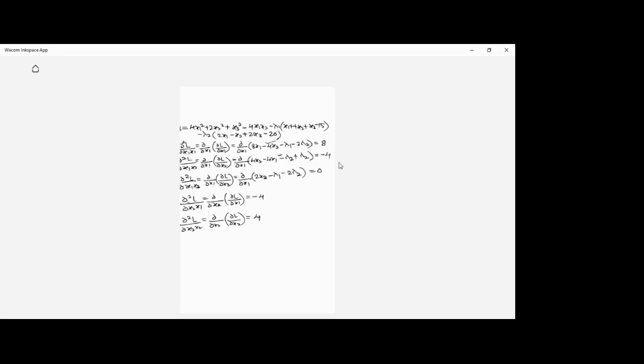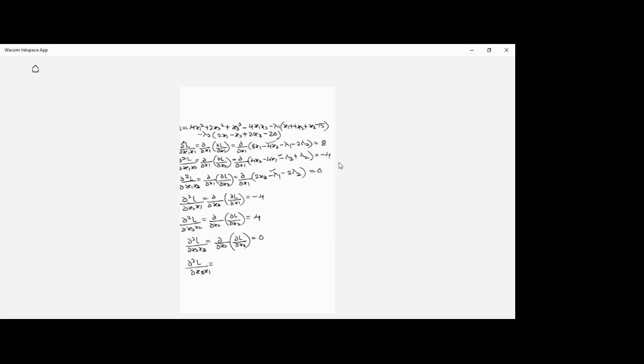The answer is 4, right? Similarly, ∂²L/∂x2∂x3 is ∂/∂x2 of ∂L/∂x3. So the value of ∂L/∂x3 is this. There is no x2 term here, so the answer will be 0, right? Similarly, ∂²L/∂x3 ∂x1